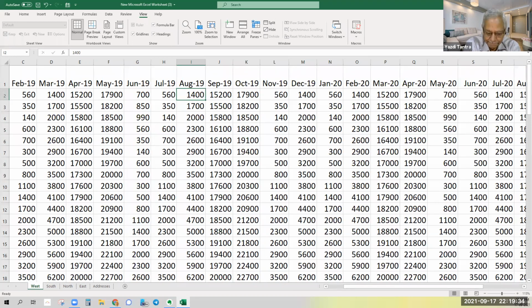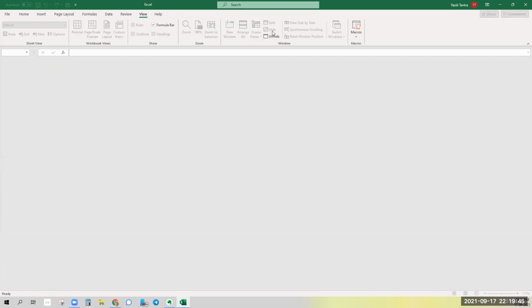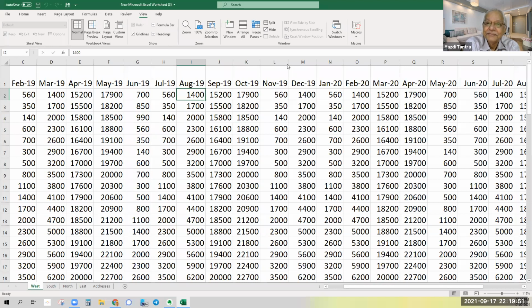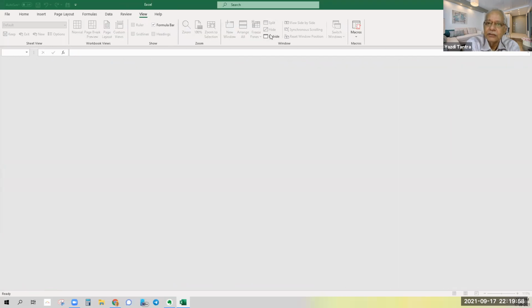Okay? That hide below the word split, does it do the same thing that we talked about in terms of hiding columns or rows? Yeah, that. Oh, everything's gone. Again, this might be a little tricky because this hide is hiding everything.